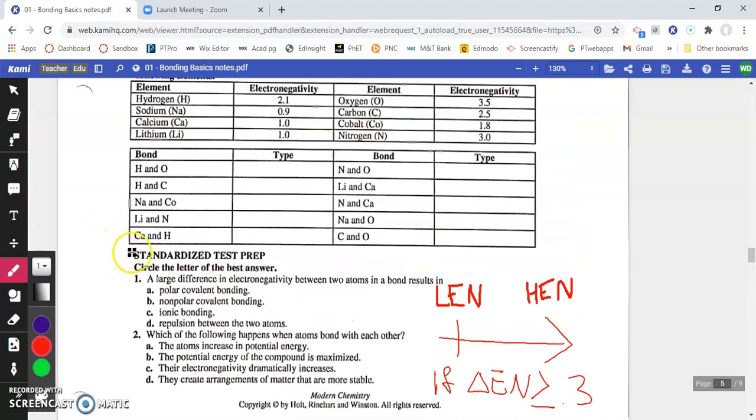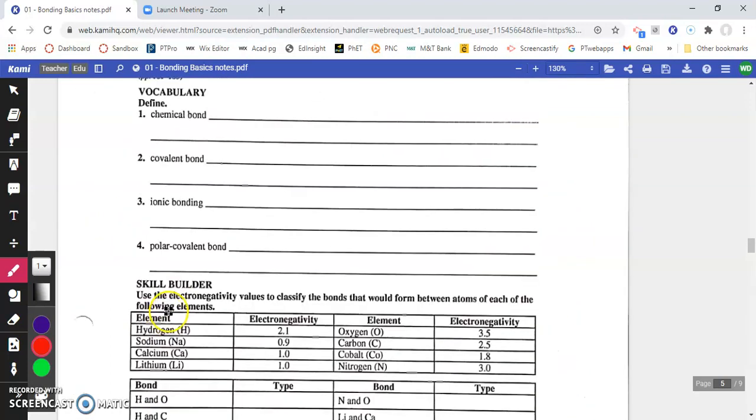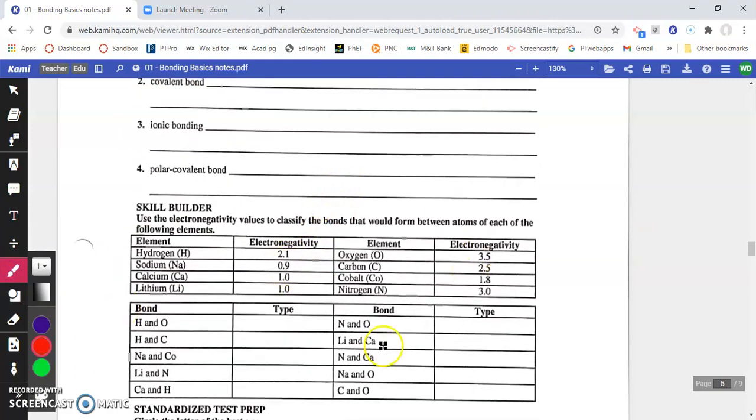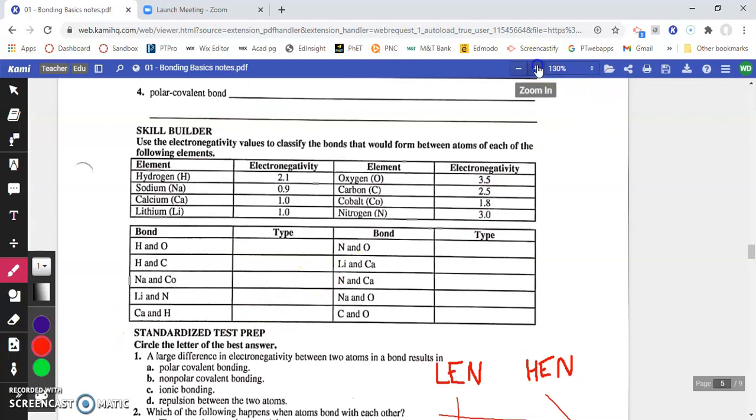As far as our assignment goes today, I want you to work through 1 through 4. Make sure you understand the definition, so just hit the text box feature here and type in your answers. And then down below, you're going to use the electronegativity table here or on your periodic table to figure out the deltas. So if we look at this real quick,